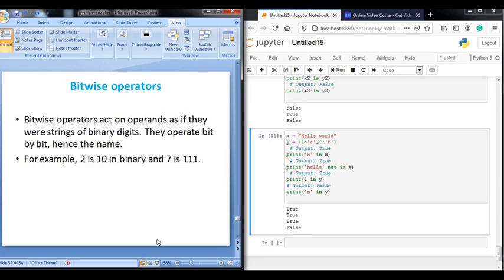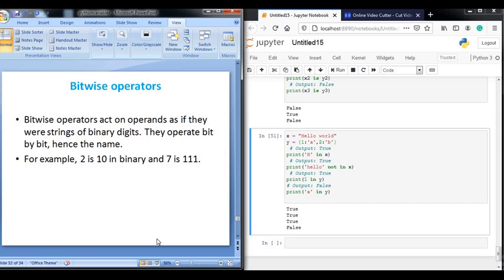Next, last but not least, is bitwise operators. So what are bitwise operators? They act on operands as if they were strings of binary digits. The bitwise operators work bit by bit on the input data type.